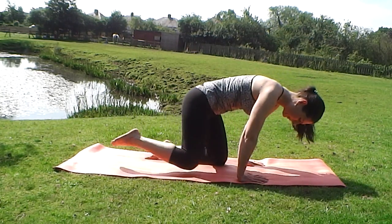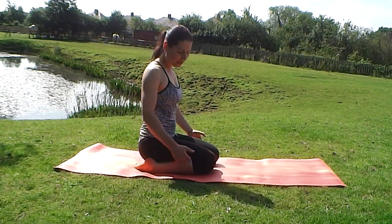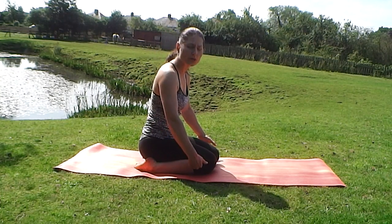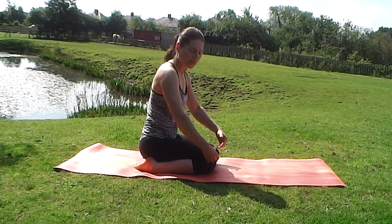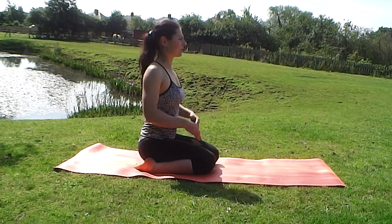Come a little bit forwards on your mats. Just sit back onto your heels. Now if this isn't comfortable to sit in a kneeling position, you can place a rolled up blanket beneath the thigh, between the thigh and the calf, so you're just supporting and releasing some of the tension off the knee joint. But from here we're just going to come into a bit of shoulder work, so let your shoulders drop